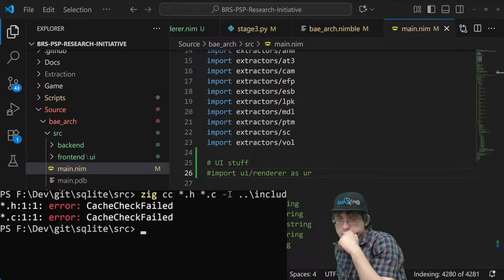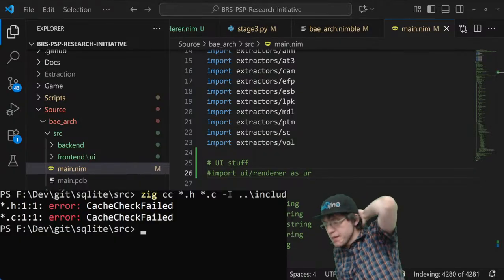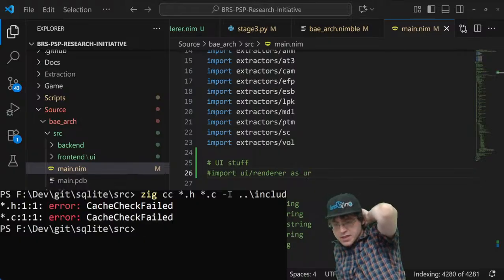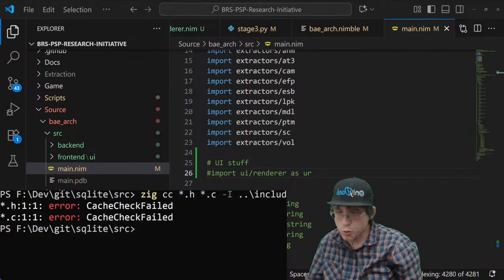But yeah, for the Nim SQLite bindings, not having a static build or having something to build against was why I was not using SQLite anymore.